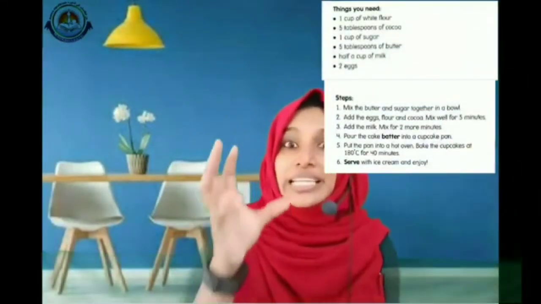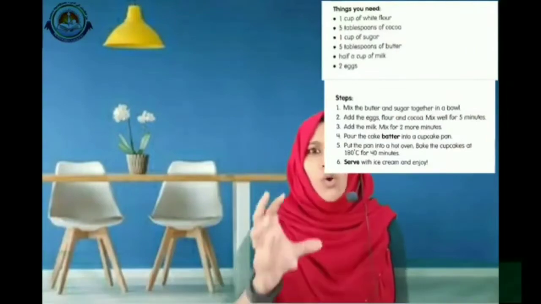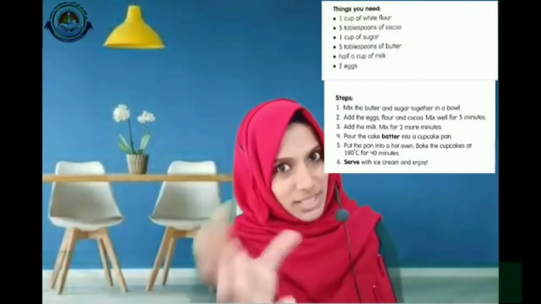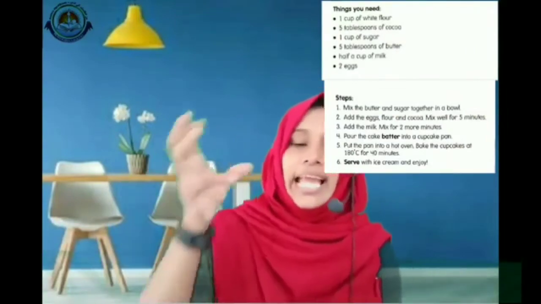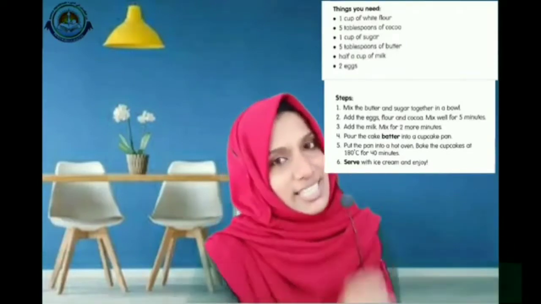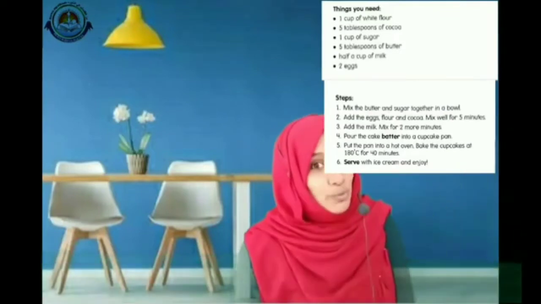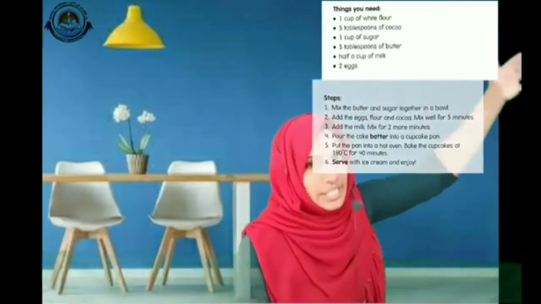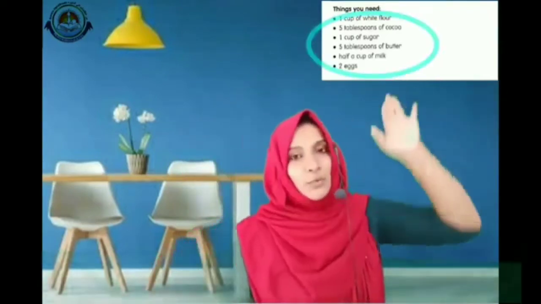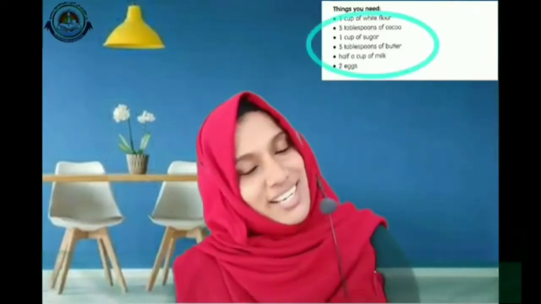With the help of these 2 parts, we will get the idea about how to put things together, how much we need, and when to use these things. So these ideas will come with the help of these 2 parts, ingredients and steps. Ingredients means the things, the food items which we need to make the food. So a recipe tells us how to make food, how to prepare the food.